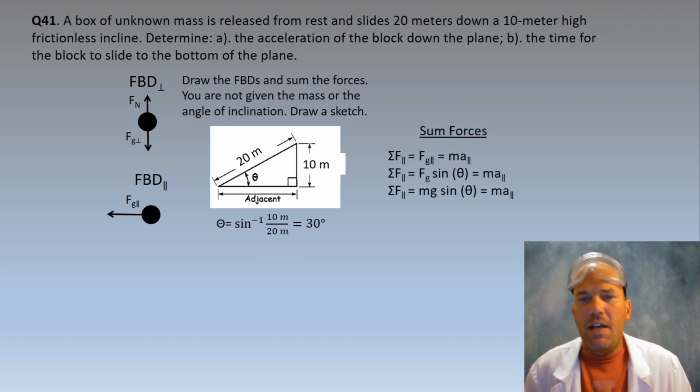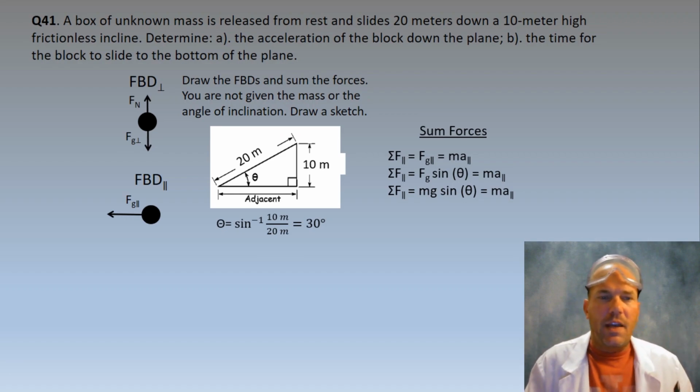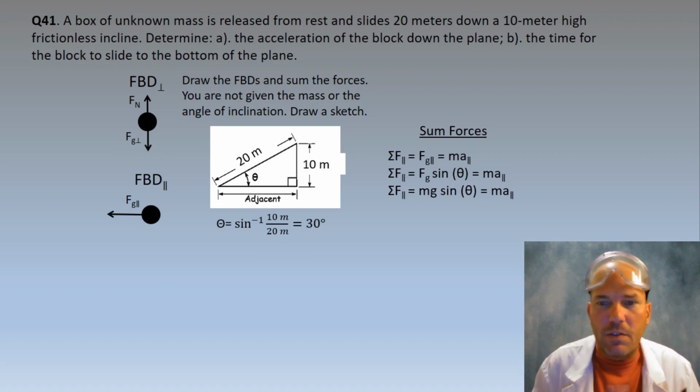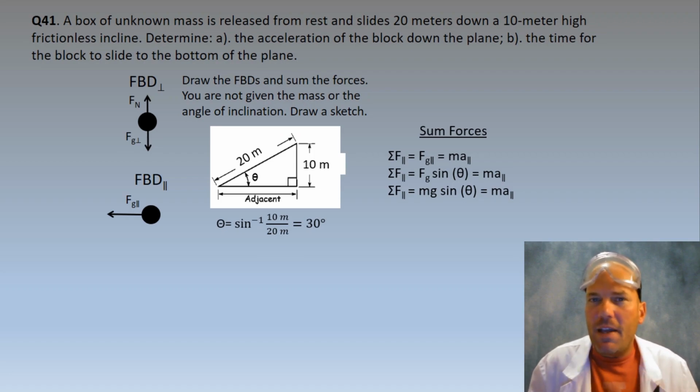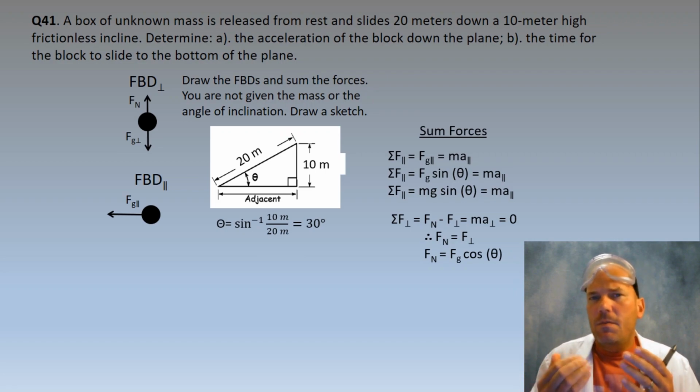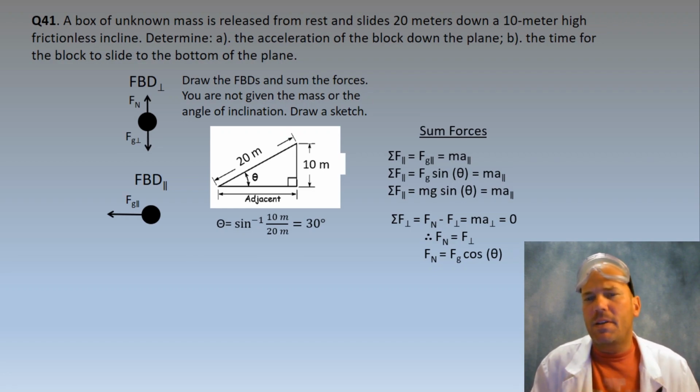Now, if we move on and sum the forces in the parallel direction, note that the driving force here is the parallel component of the force of gravity, and that is equal to the mass times the acceleration of the block down the incline. Now, if we look in the perpendicular direction, we have the force normal minus the force of gravity acting perpendicular is equal to 0 because the block is not accelerating in this direction, so there is